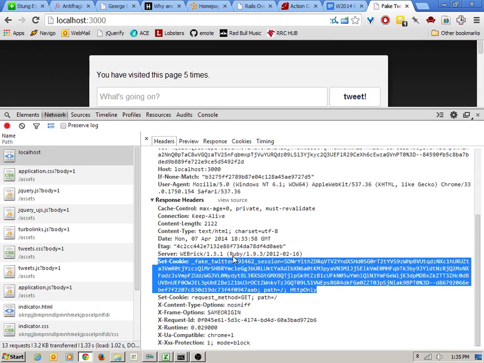And encoded within this cookie somewhere will be the new visit count. Now, there are a couple different ways of dealing with session in Rails. By default, it encodes the data directly into the cookie. You can expose some of the limitations of that. If you start saving too much into session in Rails, you end up hitting the maximum length of a cookie,